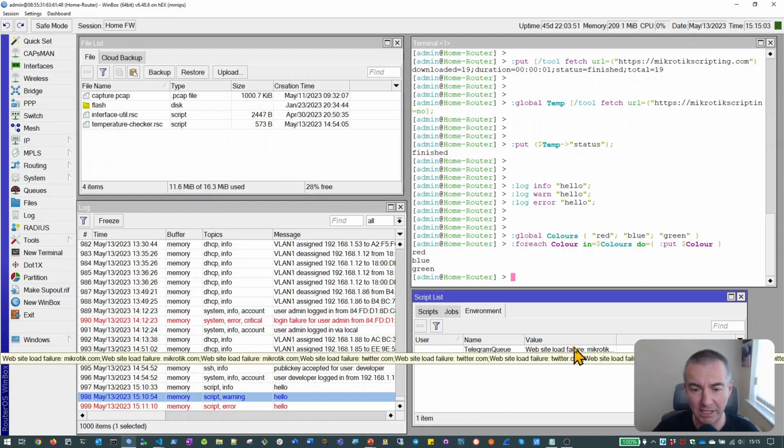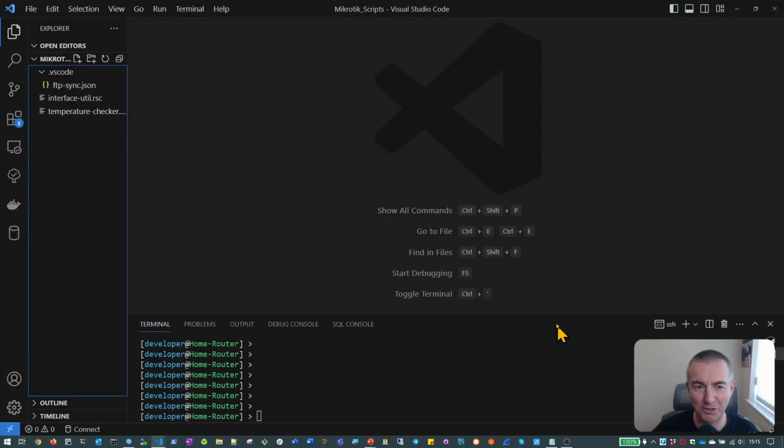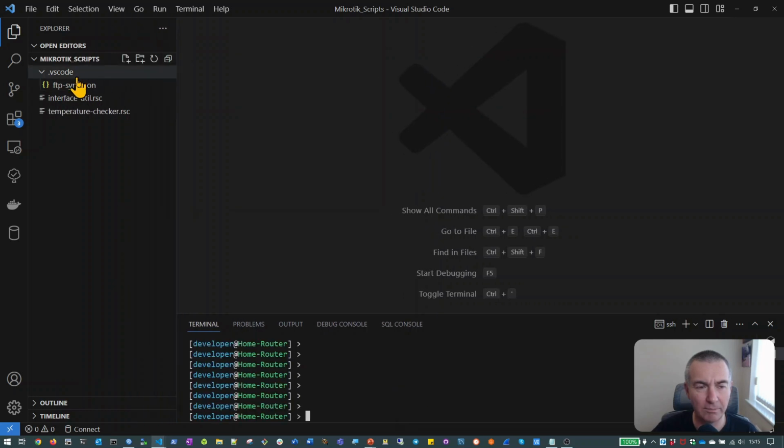Okay, so it's time now to get into our coding demo. I'm just going to click on VSC, if I can switch to the correct window. And we've got our usual setup here. We're in the same development folder as before, MikroTik scripts. We've already got our two previous probe scripts which we've created, and you can see we've got my usual SSH window at the bottom here, and then we'll be creating our new scripts here in the main panel on the right. So let's create ourselves a new script, and this one's going to be called